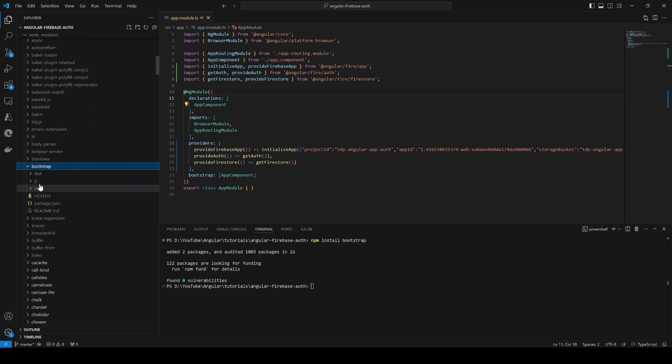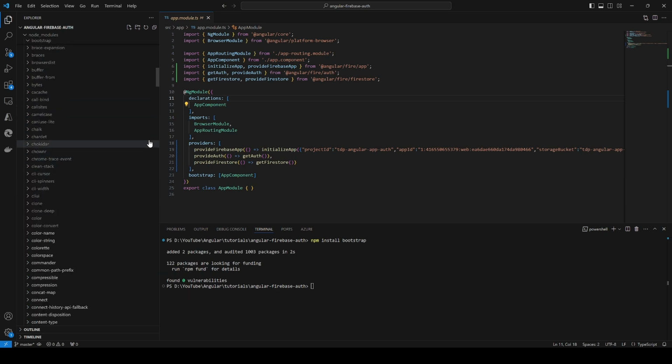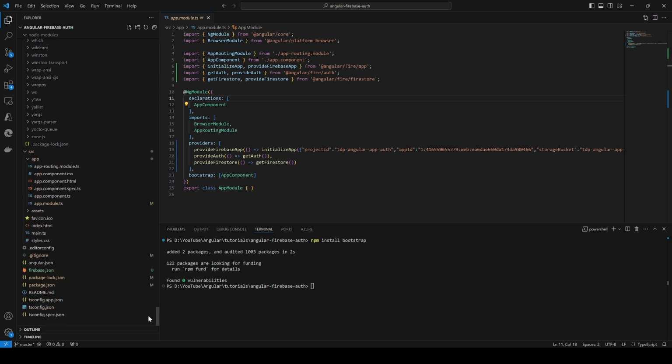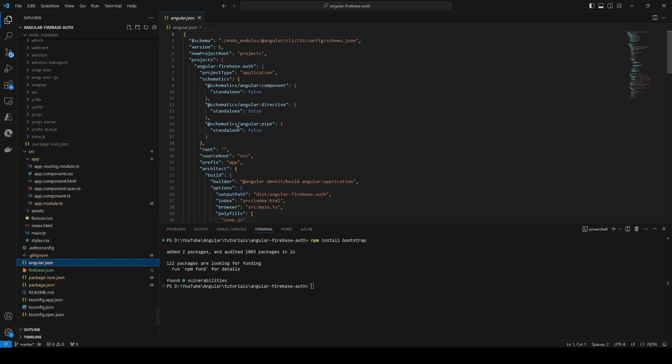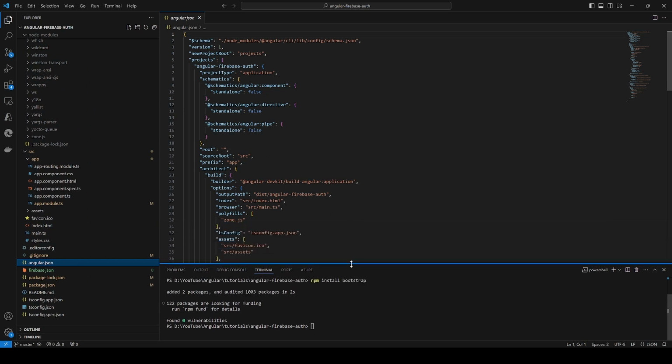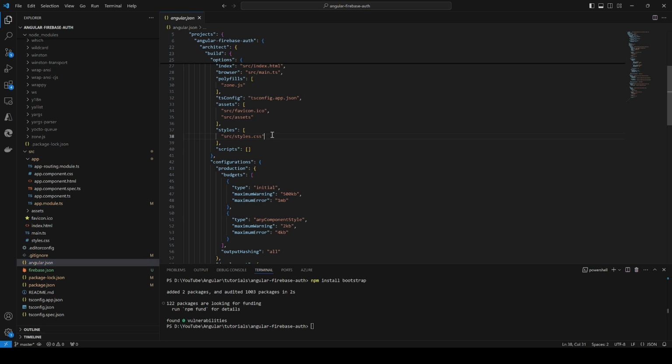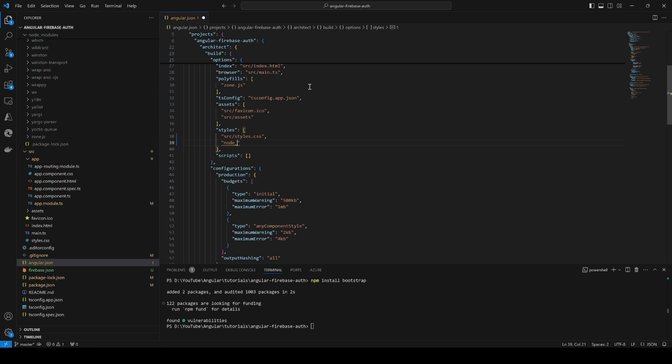To do that, you just go to, this is the distribution of Bootstrap. So you have the CSS file here, and then you have the JS file. We're going to route to those two files under my angular.json file, which is this guy here. So first you go to your build and then locate the styles and just add that location. So you just say node_modules, then bootstrap, dist, css, bootstrap.min.css,